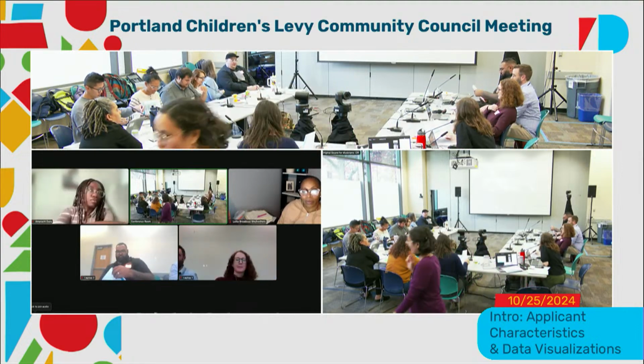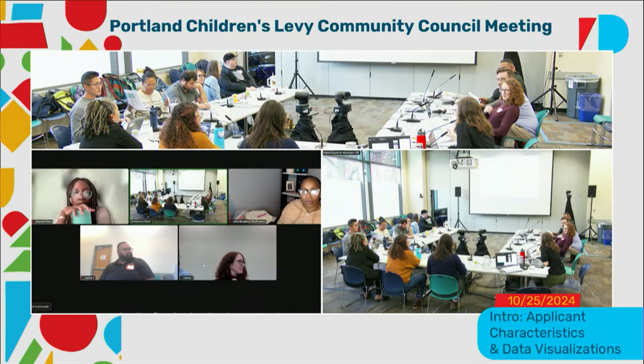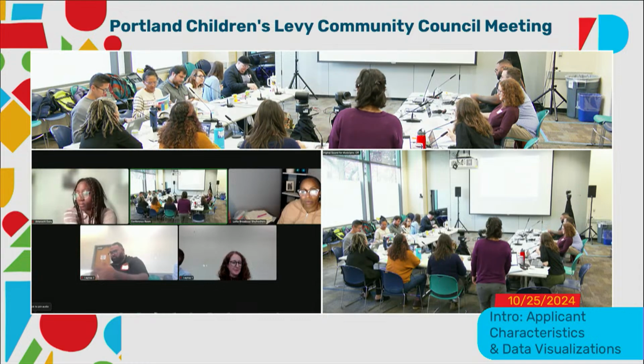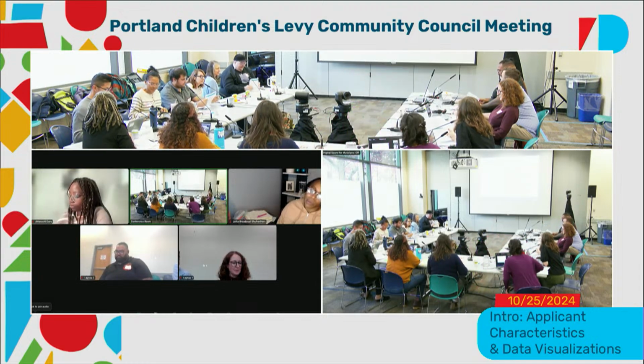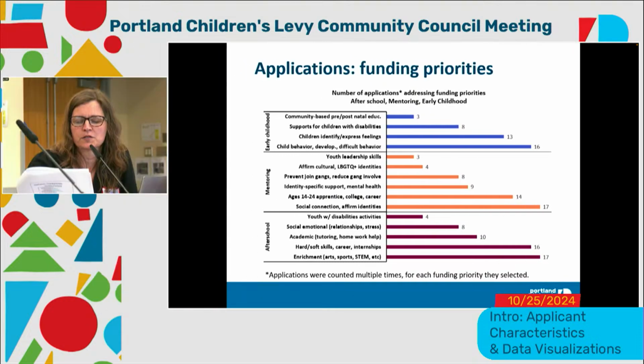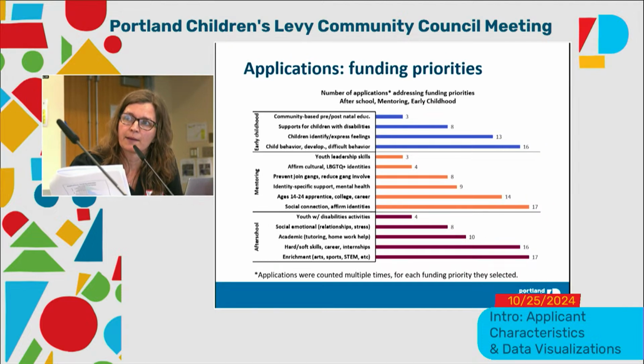Okay. Sorry, there's just two more, and they're kind of the same thing twice, but it's important to know the difference. So this graph looks at the number of applications by program area that propose to address each funding priority in that program area. So the program areas each have their own different colored bars. The size of the bar is proportional to the number of applications in that program area that proposed to address